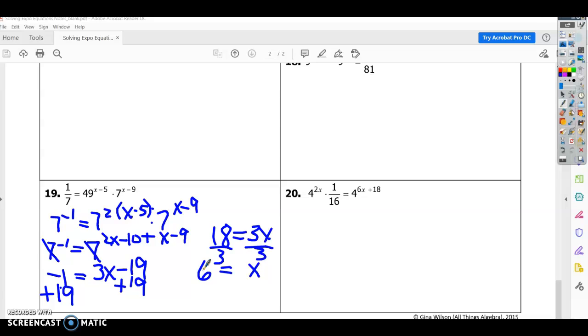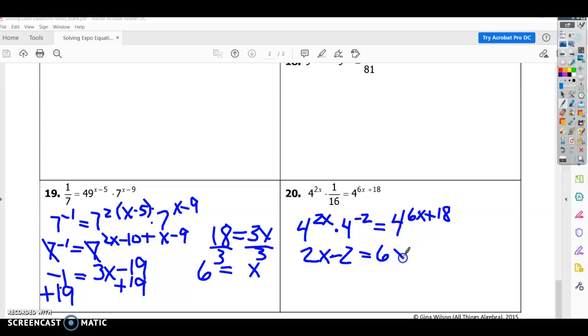All right. Last example. So I have two bases of 4, and 16 can be written as 4 squared. So let's start with that. So we got 4 to the 2x, and then times 4 squared, but it's on the bottom, so it's going to be 4 to the -2. Again, properties of exponents. Need to have those memorized. They come in real handy. All right, and then 4 to the 6x plus 18. Same base, add exponents. 2x minus 4